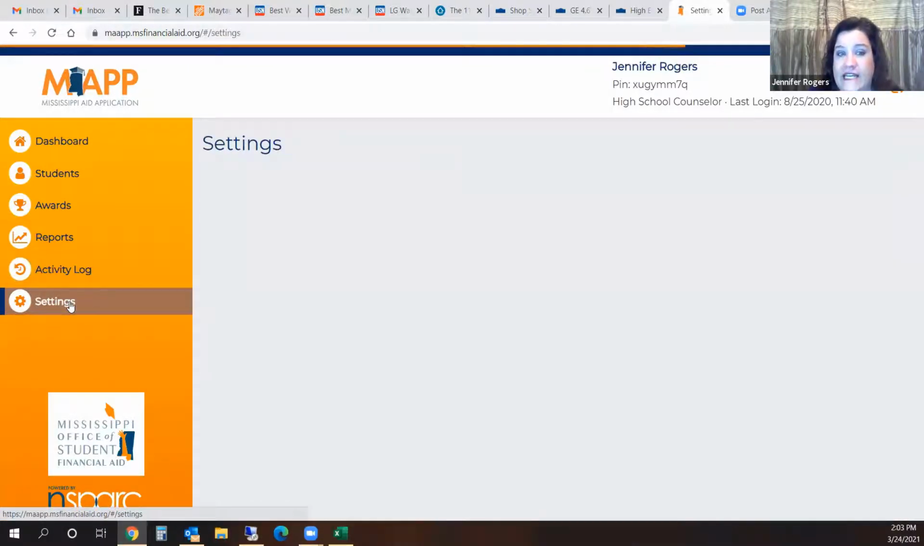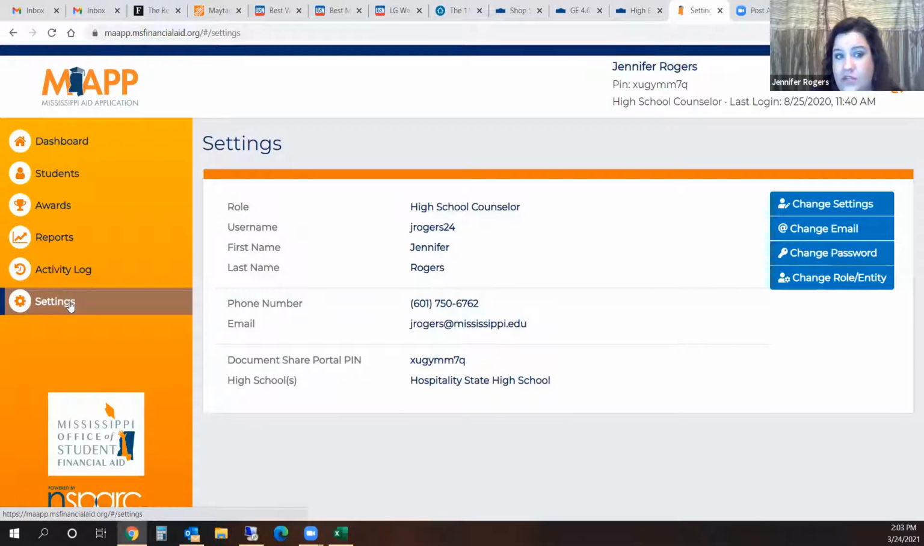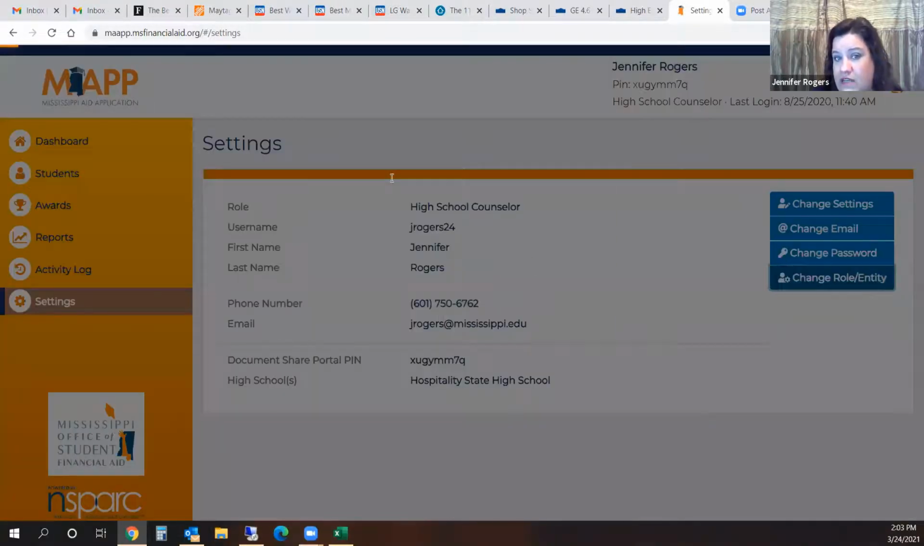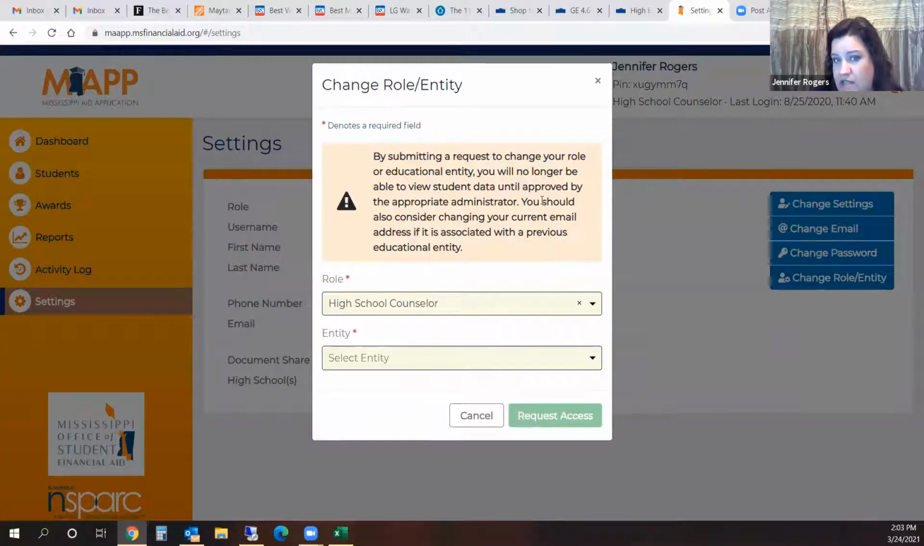In your settings, you can click on settings and change some of your information. So you can change your email address, you can change your password, you can even change your role or your high school. Now, if you do this, just understand, and there's a big caution note here, that if you have